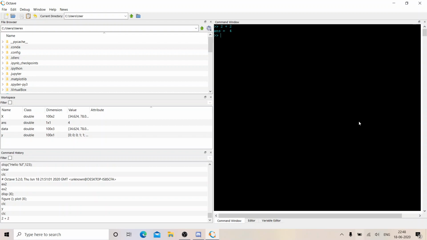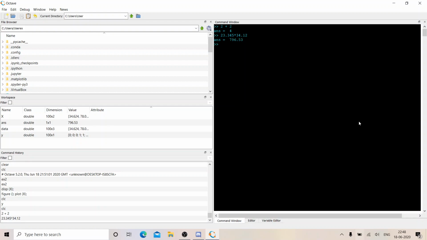That's going to give you an answer is equal to 4. Of course you can keep doing a lot of stuff like this. You can even use decimals, and you can multiply your values and do division, all that kind of stuff usually works. One more thing you need to understand is that when you're doing mathematical stuff, you also have